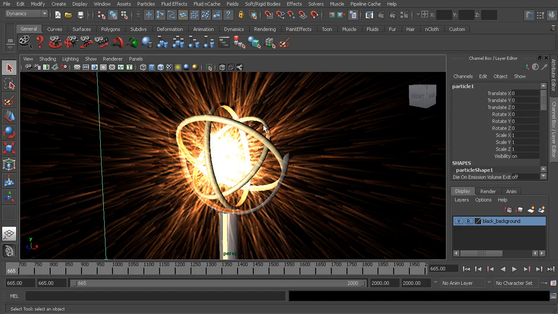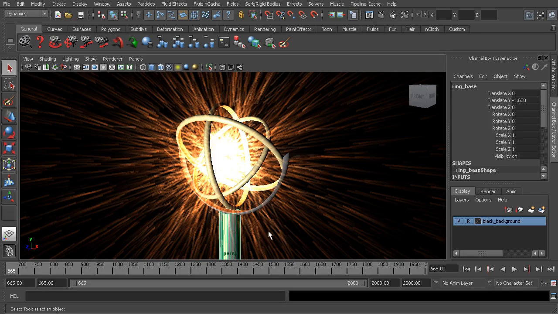So now I can no longer select any NURBS objects in my scene, but if I have, let's say, polygon objects in here, I can still select those. And again, if I find that my particles are getting in the way of this, I can disable the selection of my particles, and now I can come in and select any polygon objects without having to worry about accidentally